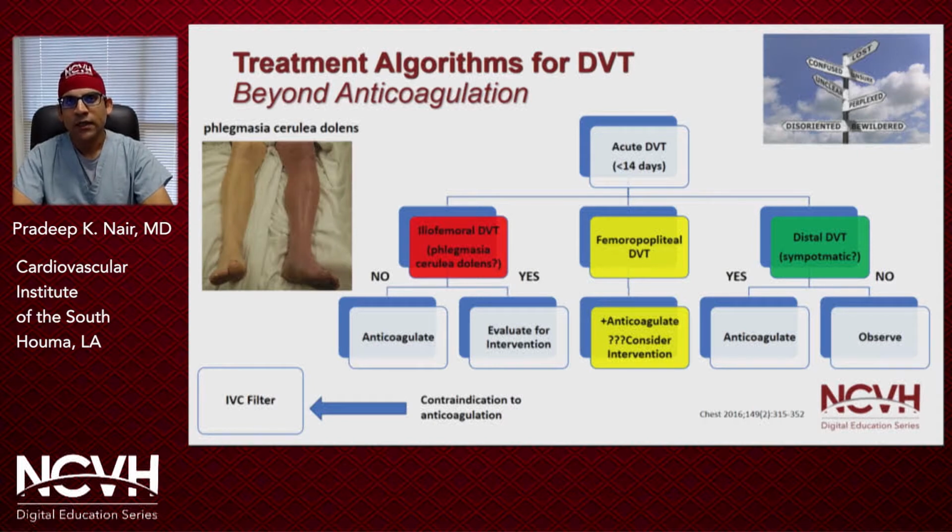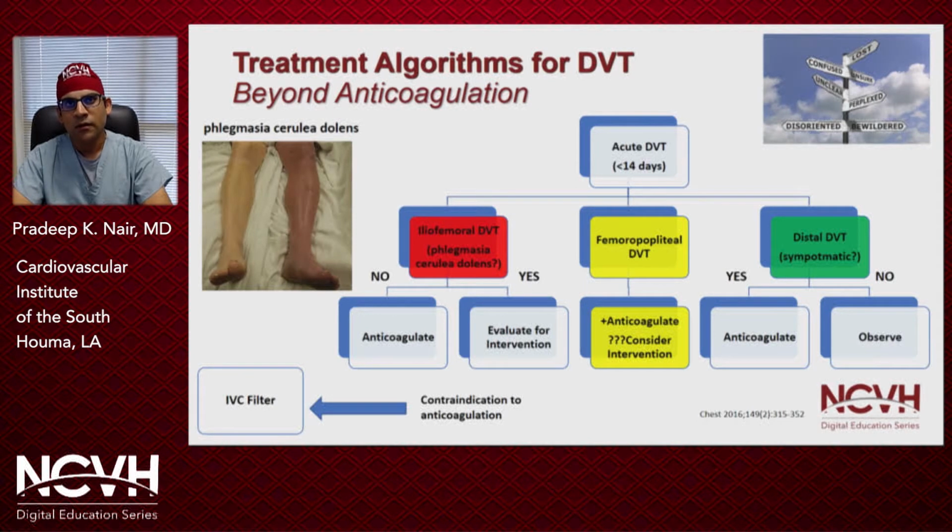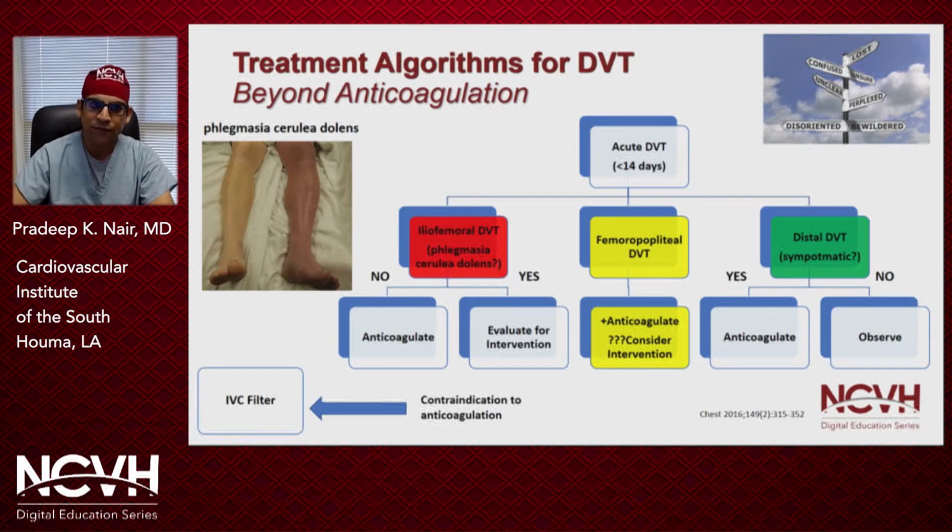Now, where it gets very tricky and challenging is deciding on the optimal treatment strategies for femoral-popliteal DVTs. In most scenarios, anticoagulation is the only option that is offered. But if they're having impending phlegmasia, it may be considered for earlier intervention. Once that clot is there for over 2 weeks, there can be some organization in the clot, and it can be harder to retrieve or to perform lysis down the road. And of course, if any patient has a contraindication to anticoagulation, one of the main indications for IVC filters would be that.